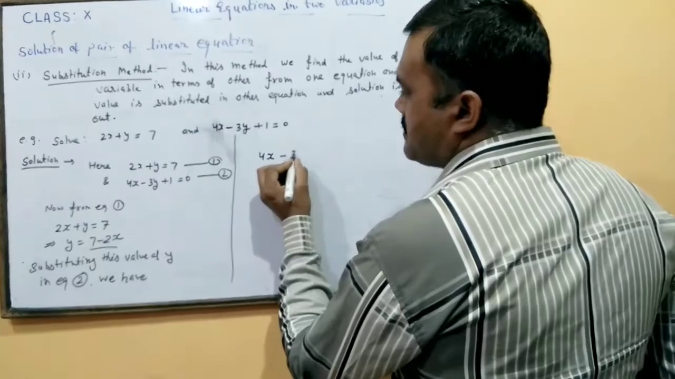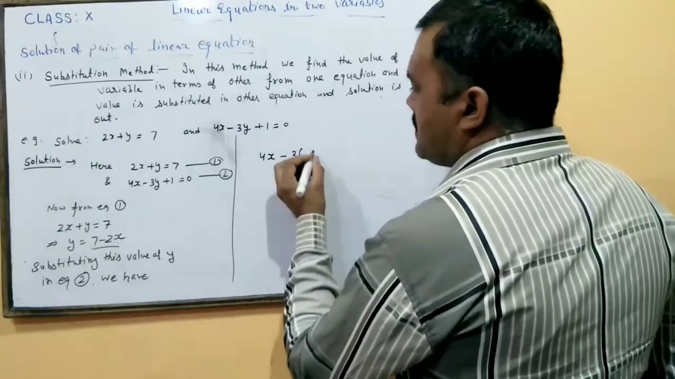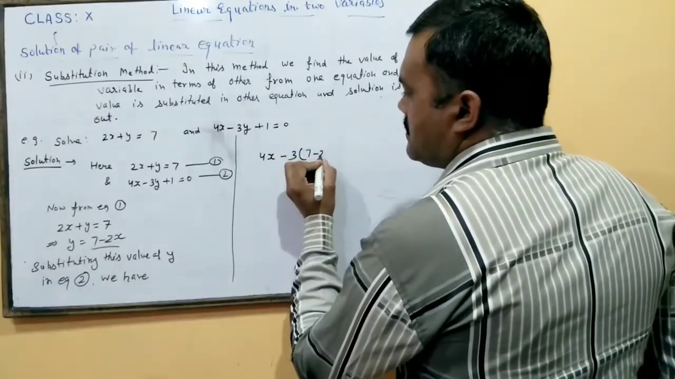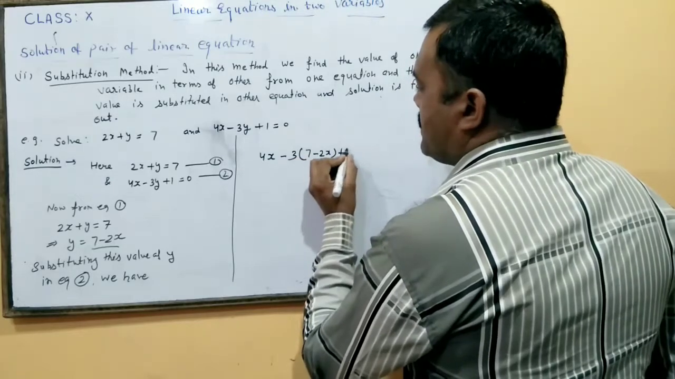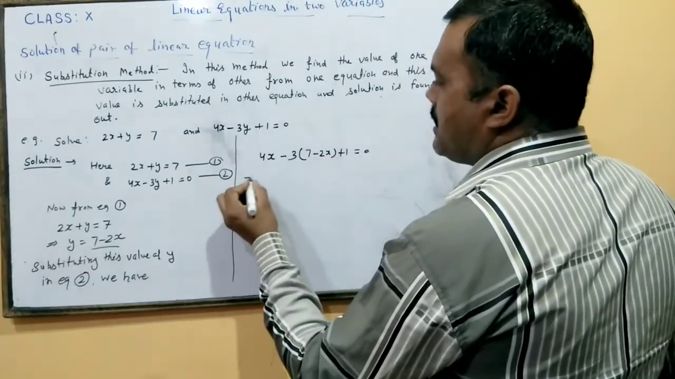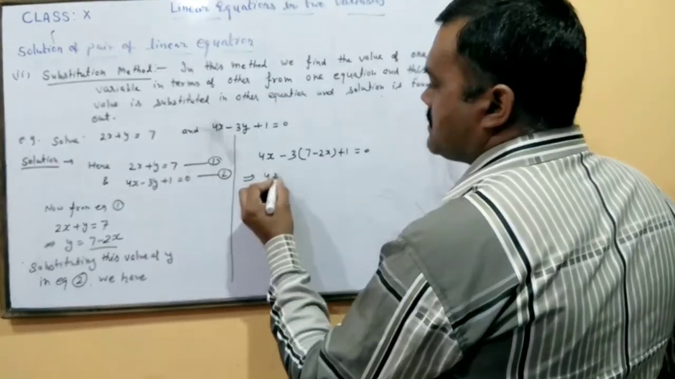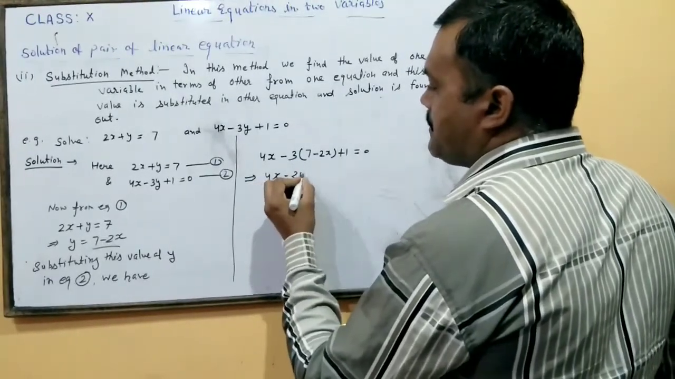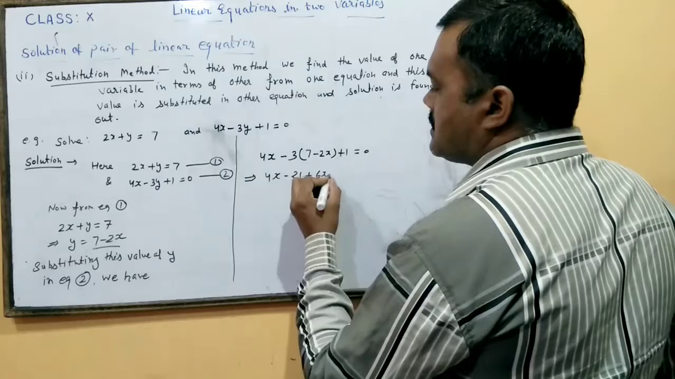So minus 3, then bracket, and the value of this y was 7 minus 2x, plus 1 is equal to 0. Now you just multiply. So you get 4x minus 7 3 is 21 plus 3 2 is 6x plus 1